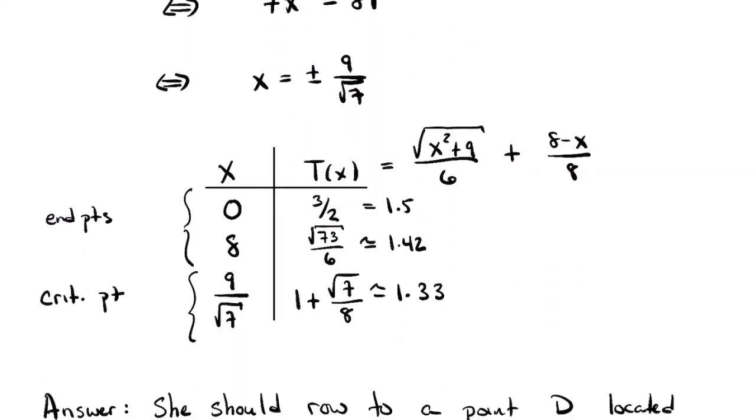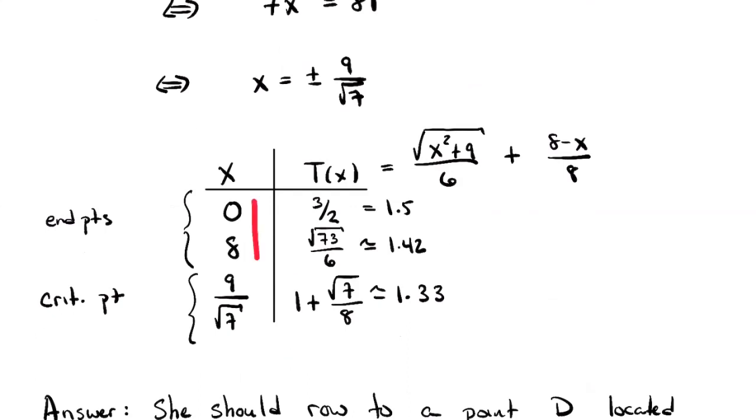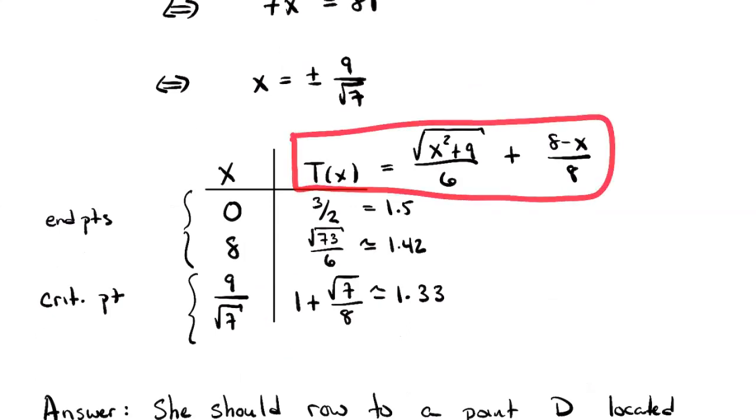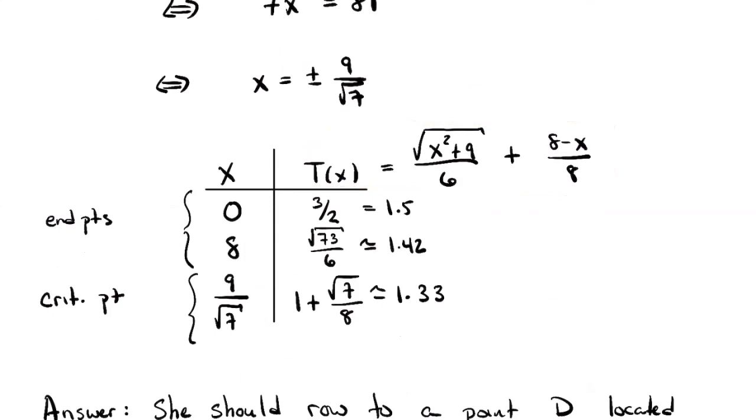So now I can proceed. I've got my endpoints in my table. The one and only relevant critical value is 9 over the square root of 7. And what am I going to evaluate those things in? I'm going to evaluate them in T of x. Yeah, so I take each one of those values and I plug it in here one at a time